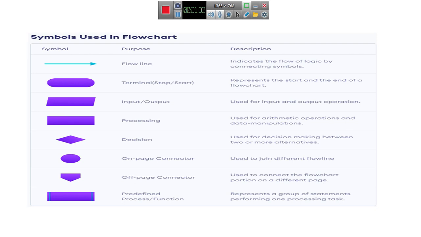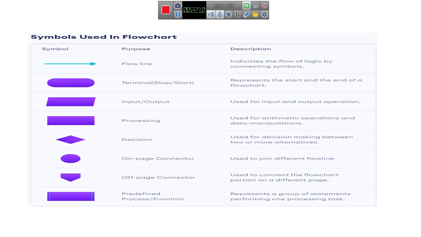If you are writing a user defined function to perform a certain task, the symbol for that purpose is predefined process or function.